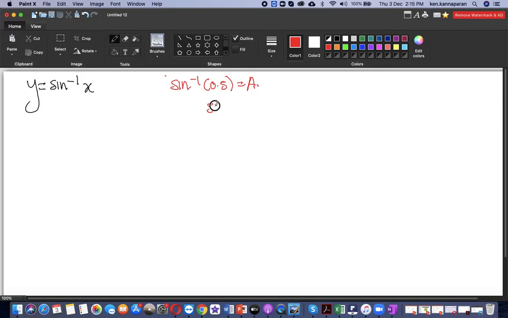Then sine a should be 0.5. What does that mean? Sine of angle A equals 0.5. So from here we know A equals 30 degrees, or pi over 6. So that's what inverse sine means. So if y equals inverse sine x, then I can write that x equals